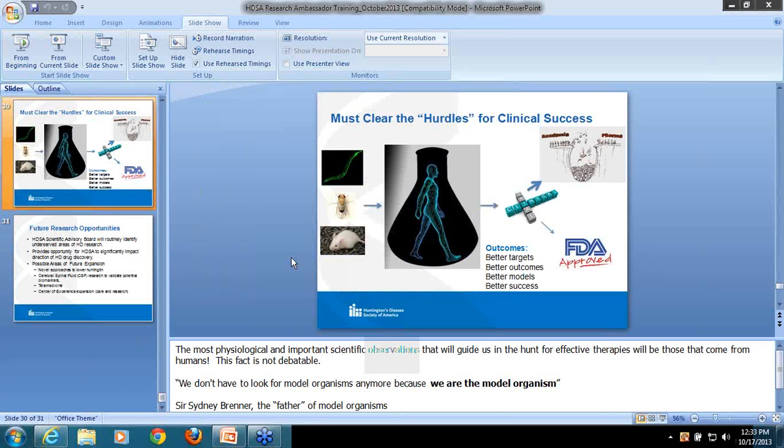Next question is, I heard that PREDICT subjects are asked to donate CSF at their next visit. Can you comment on that and its importance to research? I don't know about PREDICT donating CSF, but it's very important for research. It's a great question because, as I said,